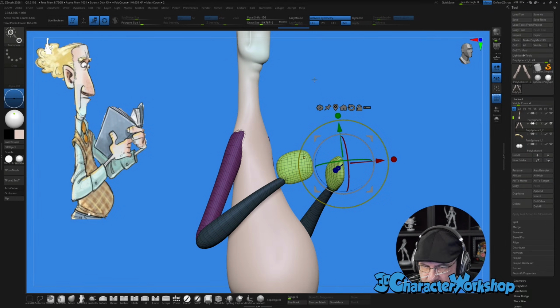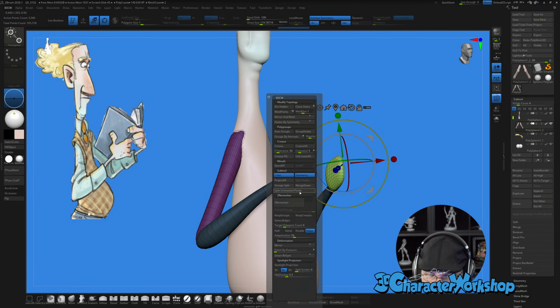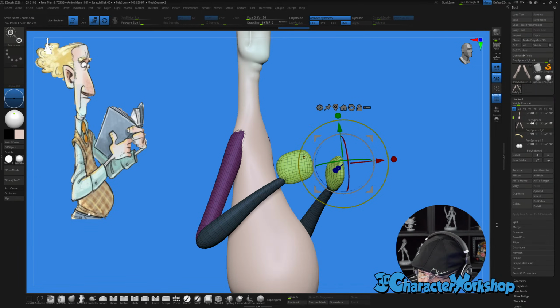Anyway, let me look at that. Hold on a second. If you hold down Control, it tells you even more information. So, it's under, yeah, tool, subtool, split unmasked points. So it should be here. I don't know why I can't see it. I don't know where it is. That's why I have my custom menu, because I use that stuff all the time, and I can't remember where it is.